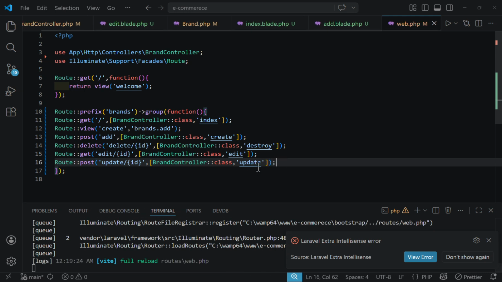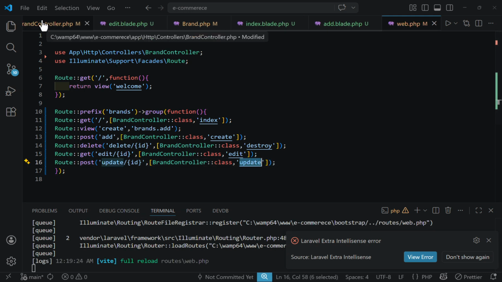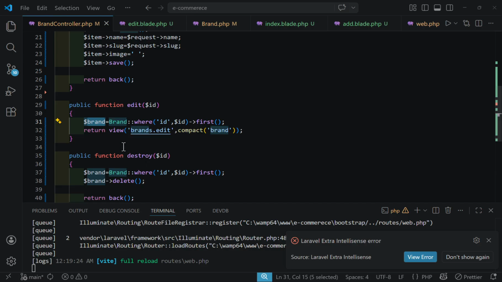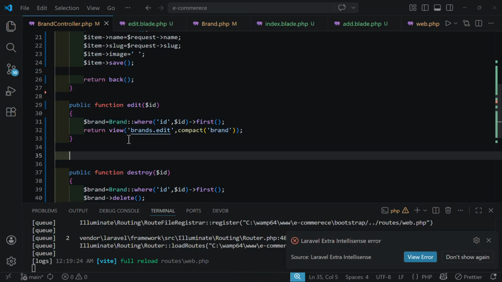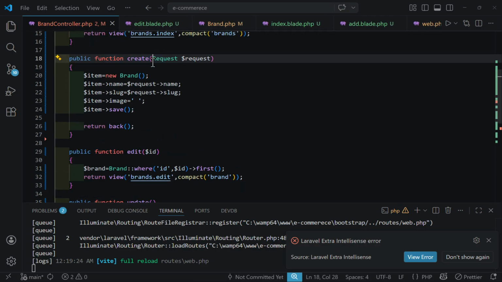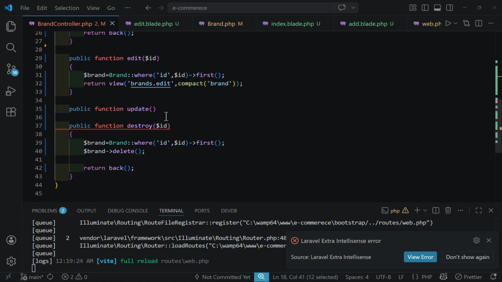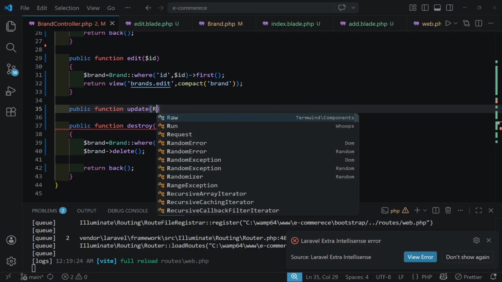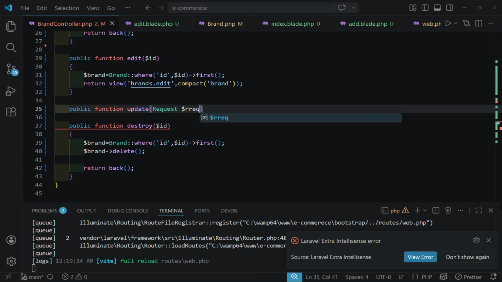Let's go to the brand controller and create that update method. So public function update. First of all, the same thing that we did in the create method, we will call our request to be able to get the user input. So request $request,